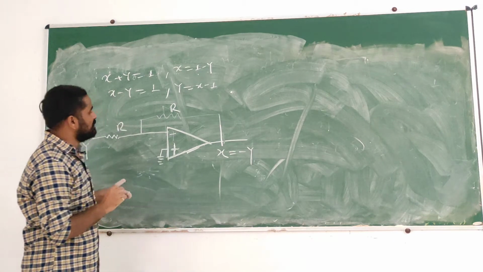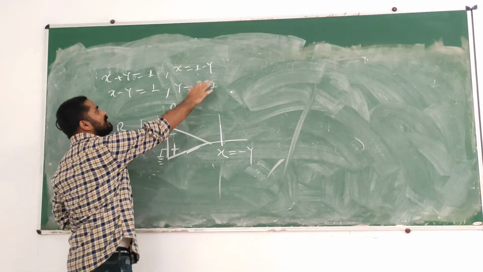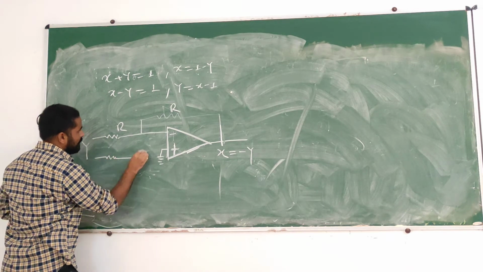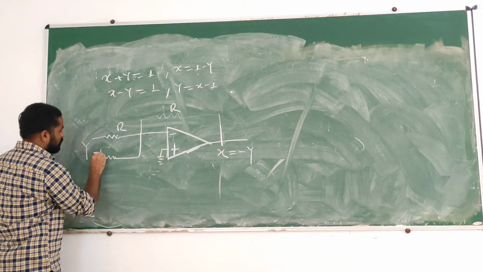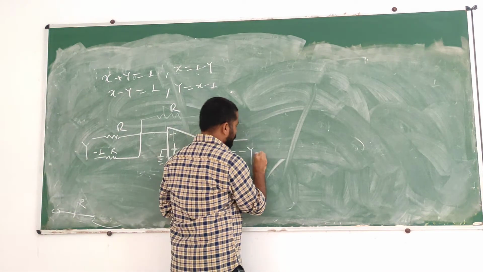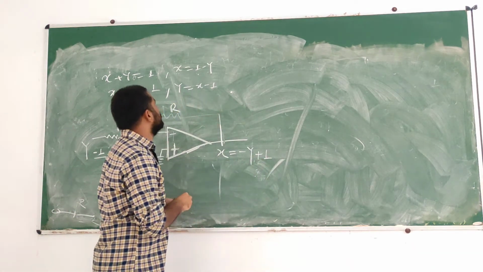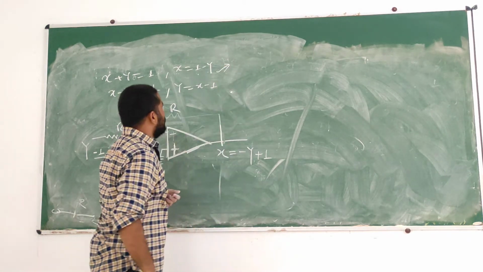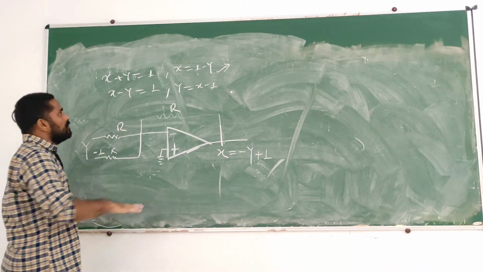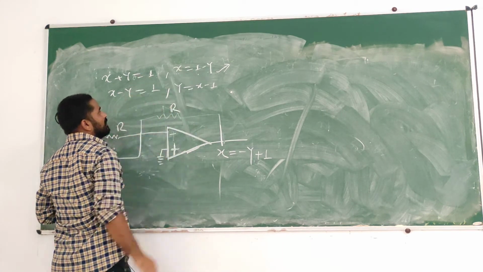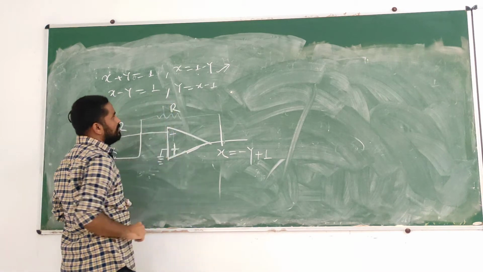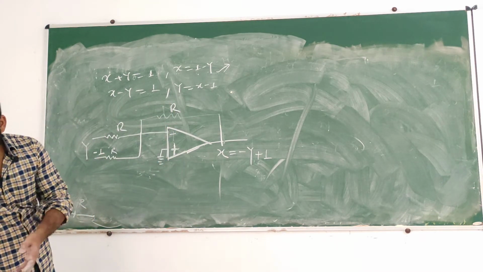Now we are getting x equal to minus y, and we need one more term, 1. Now if we apply one more variable as minus 1, then this minus 1 will be reflected as plus 1. So we got this equation, x is equal to minus y plus 1. So we are able to solve this equation. Now we need another equation in terms of y. So how to solve that equation?